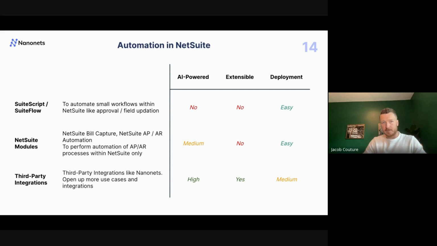So NetSuite Bill Capture, NetSuite AP AR automation. These are a bit easier to deploy, and we've seen them work pretty well in the past. However, a couple of downsides to note. One is that NetSuite Bill Capture, and we'll get into this a little bit later, specifically uses a templated OCR. So practically speaking, if you work with a variety of vendors, and each of these vendors most likely has a slightly different invoice format, template, or even language,